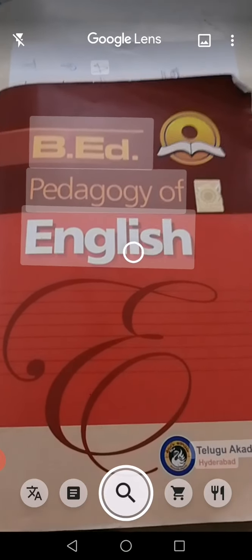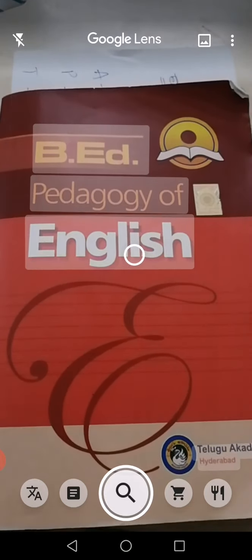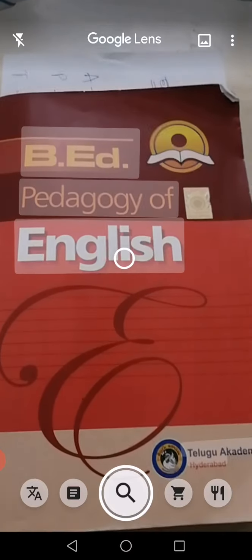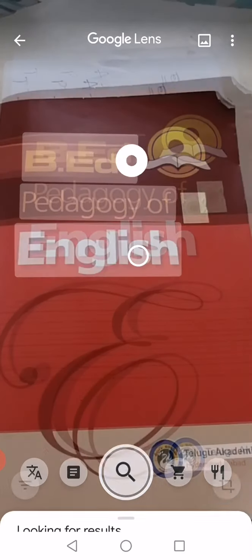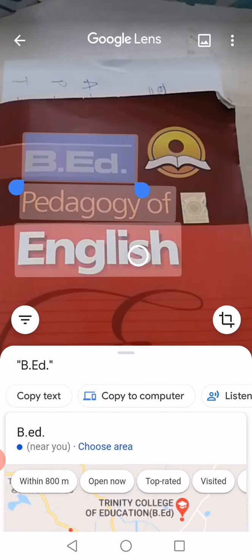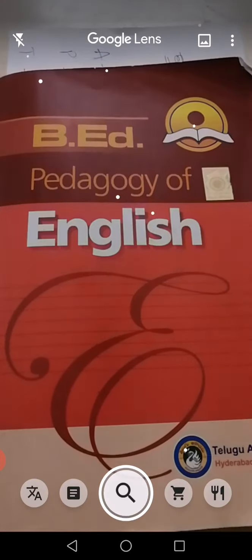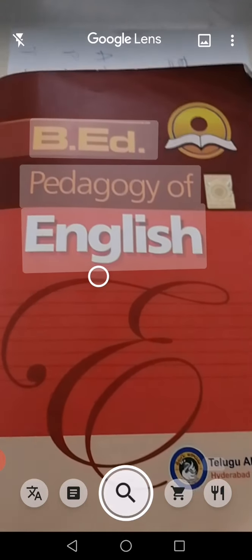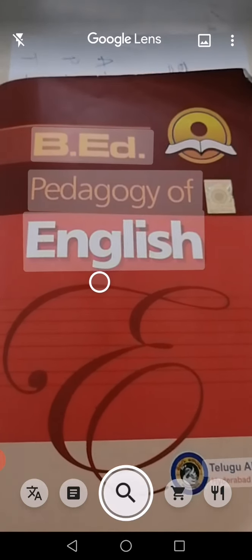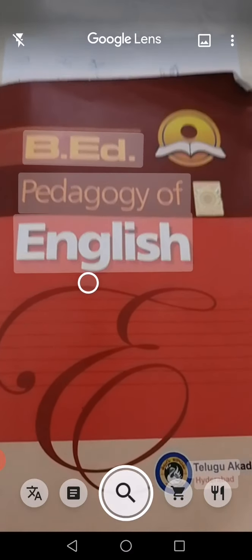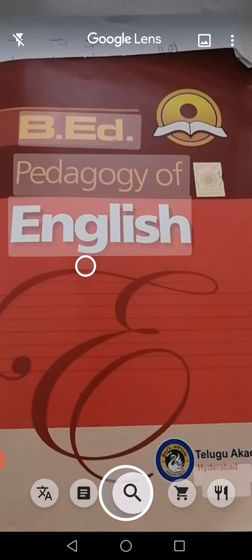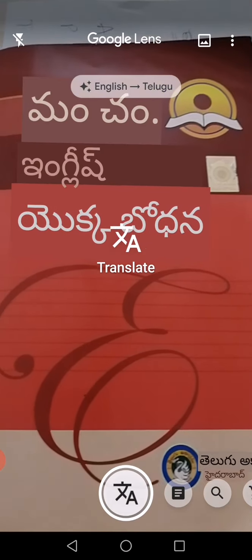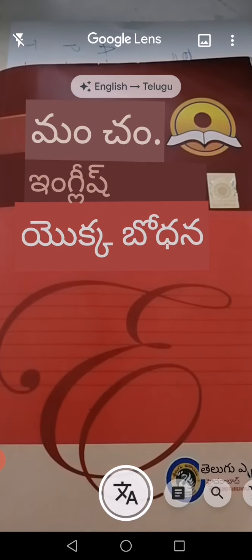It helps us to translate the word into any language. If you show this Lens, it will translate and give it in our language, and that option is there. Now I choose one option, English to Telugu, that I am showing English to Google Lens, and with the help of that, it will translate and give us information. Let's see, here this is given.